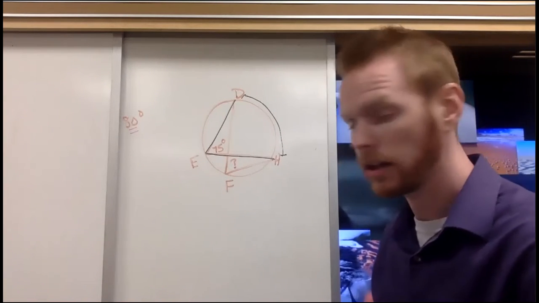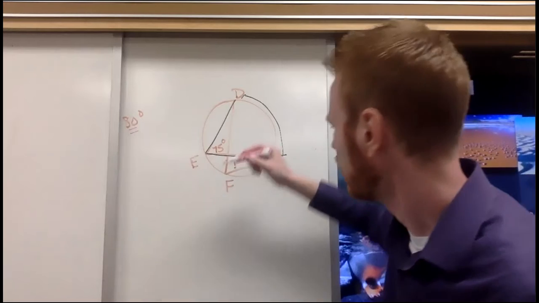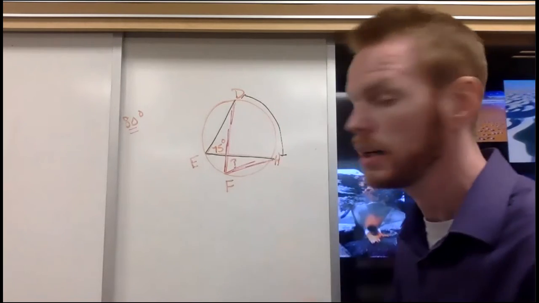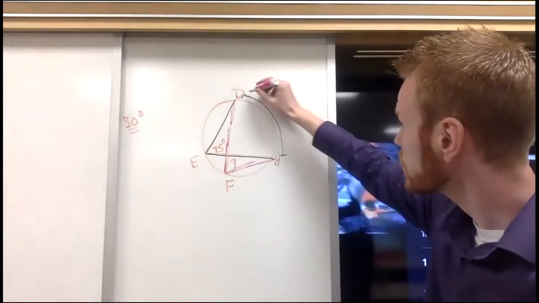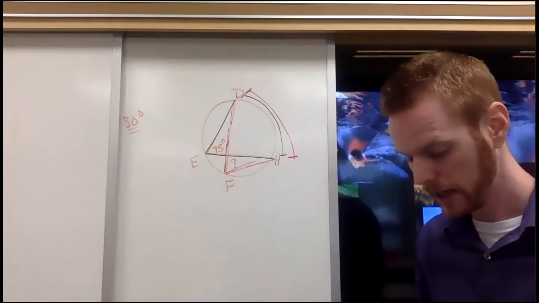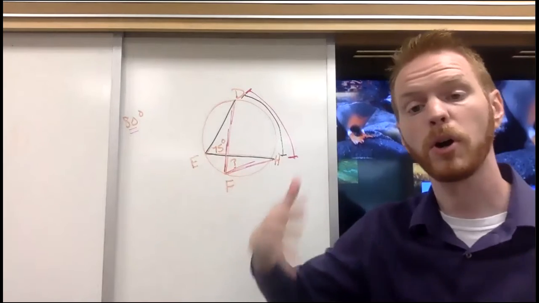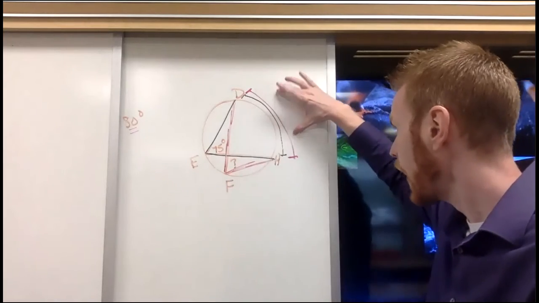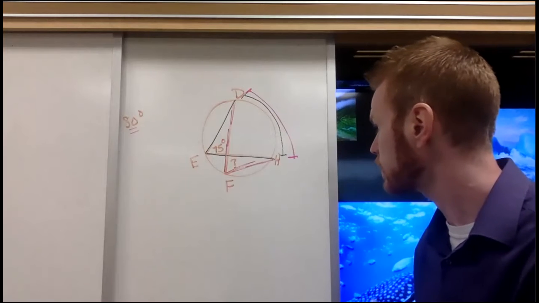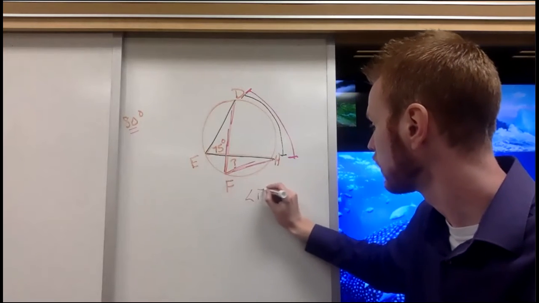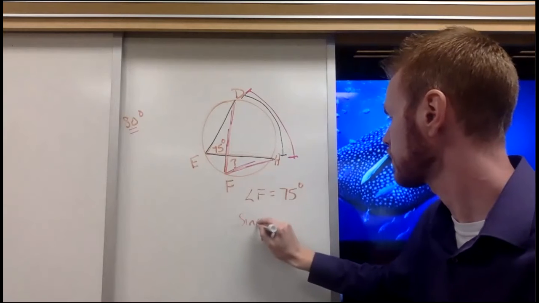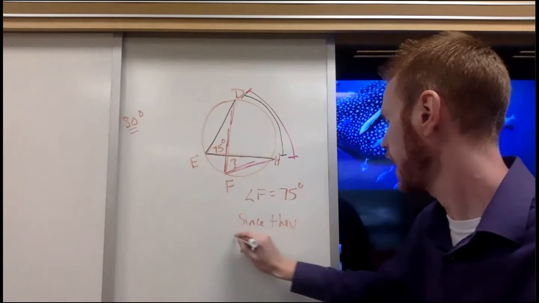Now, let me go ahead and, in pink, I'm not sure how well this will show, I'm going to outline F. Okay, and if you look at that, it also outlines DH. It has the same arc. Now, F and E are both inscribed angles, and they're both half the measurement of this arc. So if that's the case, then I could say that angle F has to be 75 degrees since they have